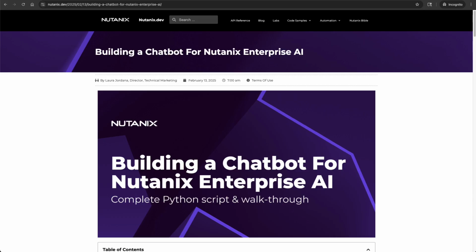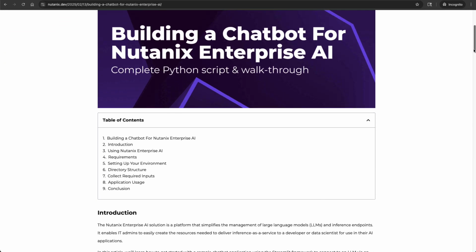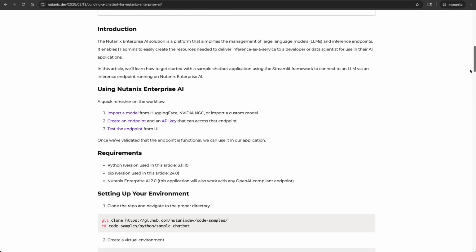Nutanix Enterprise AI. So this blog post on nutanix.dev provides a complete code sampler for you to get started with and walks through how to set it up. It'll first walk through the Nutanix Enterprise AI setup, and you'll need to have Python installed as well as an endpoint running on Nutanix Enterprise AI 2.0 or later, but it can actually be used with any OpenAI compatible endpoint. So before cloning our code sample and running the chatbot, let's make sure that we have an endpoint